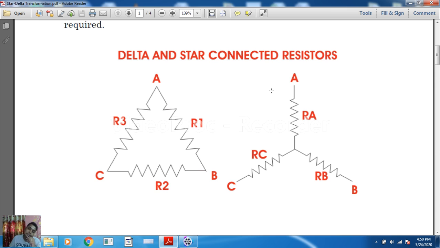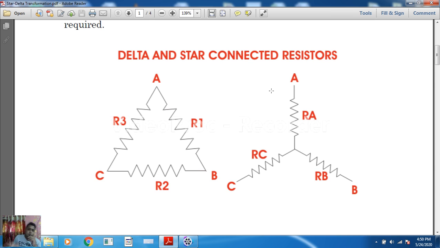Now coming to the second circuit, the star circuit, correct? In the star circuit there are three terminals, A, B and C, and an extra terminal where all the phases are connected to a common point. This is known as the neutral point, correct? So here we have four terminals, A, B, C and the neutral point in the middle. Again we can say that if we use a star connection, we can use four wires. So again the number of wires can be reduced.